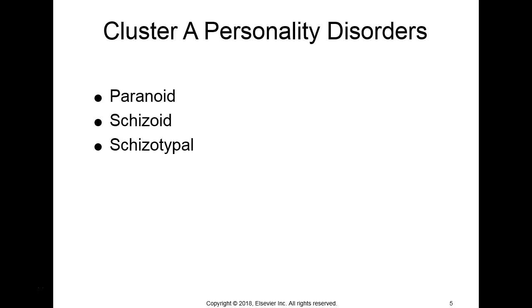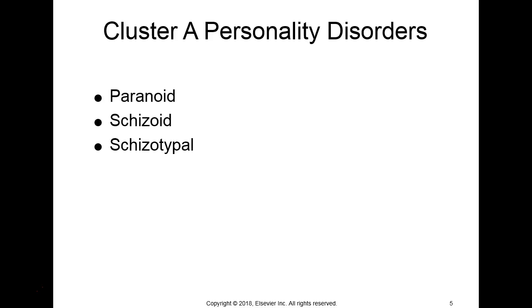If you think about those three words, two of them start with schiz, which sounds like schizophrenia. So actually, yes, there are some similarities. And when we think about people that are paranoid, we might think about people that are psychotic and have delusions, which are false beliefs that are not based in reality. So these three in cluster A are definitely getting close to the psychotic disorders, close to schizophrenia, but it still isn't quite the same. So we'll go over what the differences are.